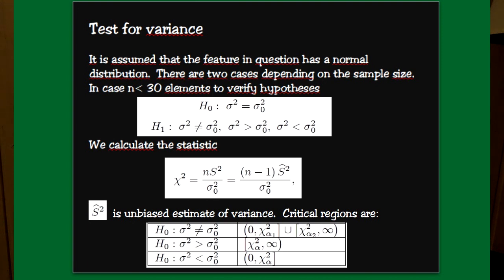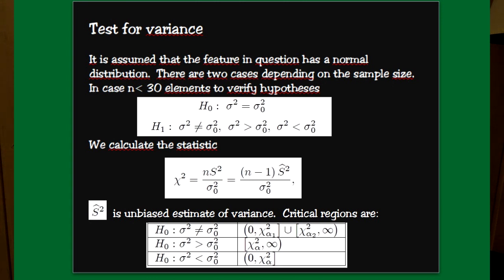And then we're using the statistic chi-squared equal n s squared divided by sigma 0 squared, or n minus 1 times s hat squared by sigma 0 squared, where s hat squared is the unbiased variance of the sample. This is the one divided by n minus 1. For this statistic, the critical regions also depend on the form of the alternative hypothesis, and we have the following